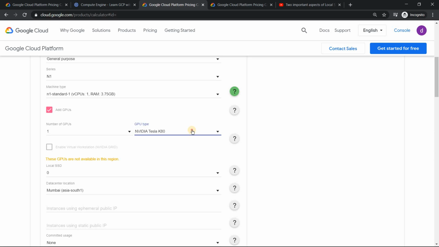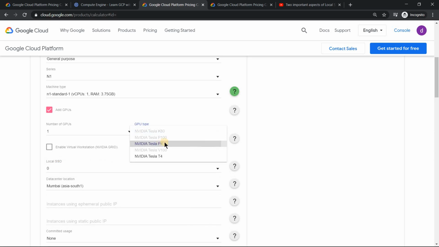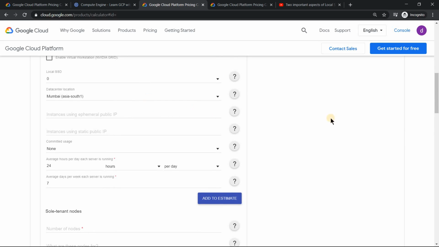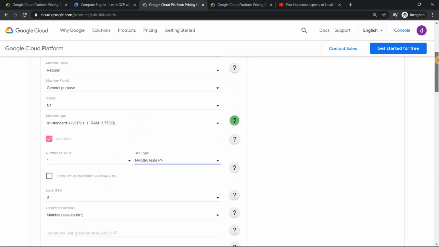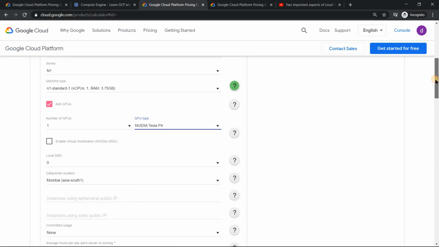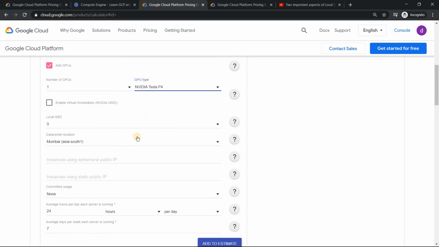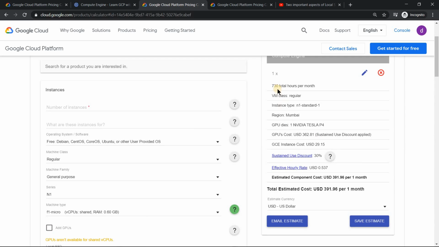Okay, GPU is not available in this region. It shows it is to an extent smart. It says P4, T4 are available in Mumbai. That's what it indicates. Alright, let me select P4. So it's one virtual machine and one standard P4 in Mumbai, and let me click on add to estimate. So when I add to estimate, it shows the same details, NVIDIA Tesla P4, and the cost comes to roughly around